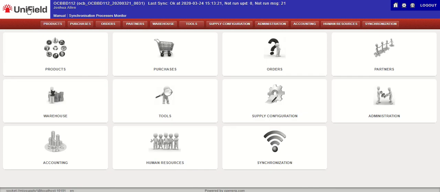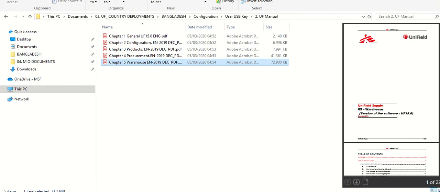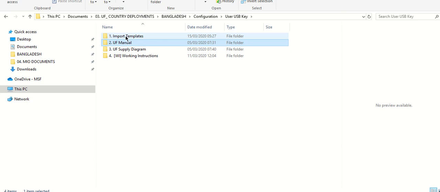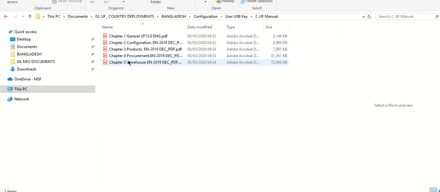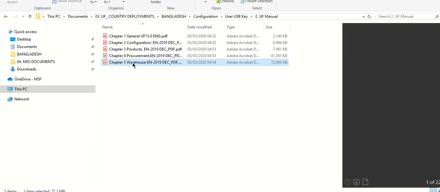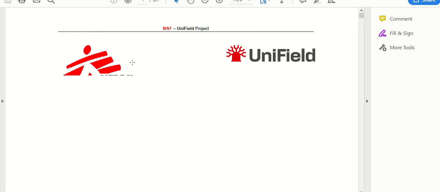So that was today's lesson regarding the stock card, the electronic stock card in Unifield. This information is also supported in the user manual, and if you wanted to find that, you would go to your manual library that you have, and you go to folder number 2, Unifield Manual. And then if you go to chapter 5, Warehouse, because that's the function we were in, the application, you would open this,